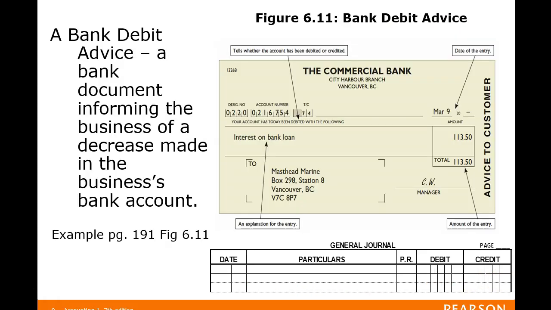The next one is our bank debit advice. This is when the bank takes money out of our business for what we owe them. In this case we have a bank loan with them, and we owe them $113.50. And the bank is genius because they're able to take that money right out of our business. They don't even have to ask. They just send us information. So in this situation, you're going to debit your bank charges, and you're going to credit bank for the amount of $113.50. And I think that's